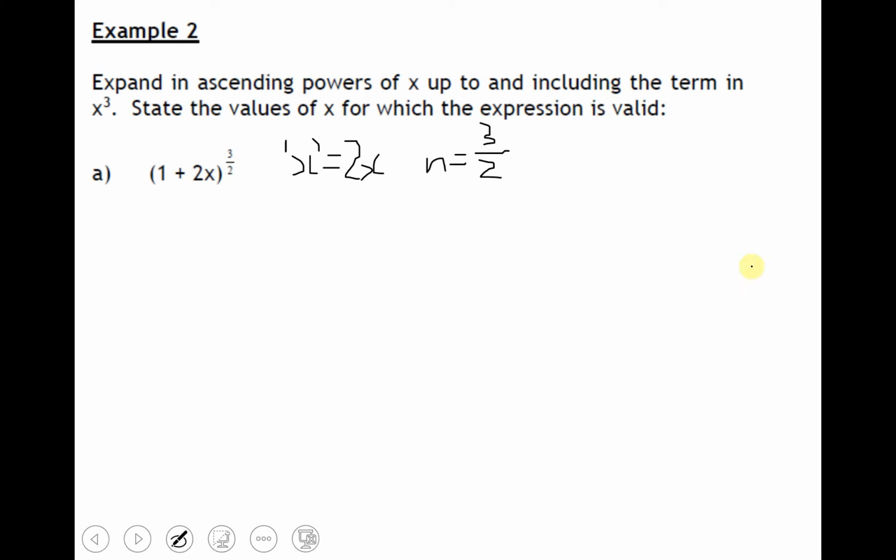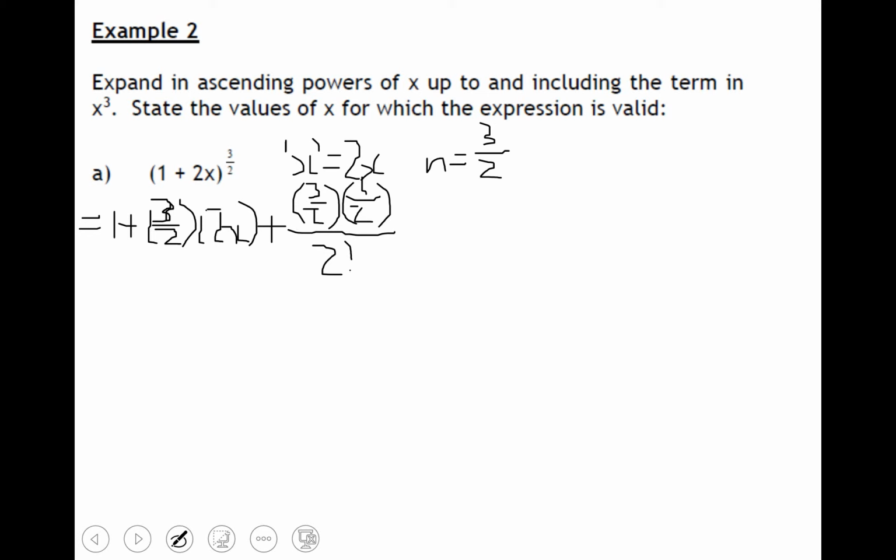So sticking to the formula, 1 plus nx, 1 plus 3 over 2 times 2x, plus n times n minus 1, so 3 over 2 times a half, for 2 factorial, times 2x all squared